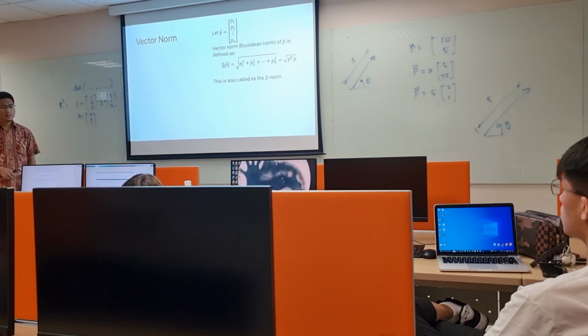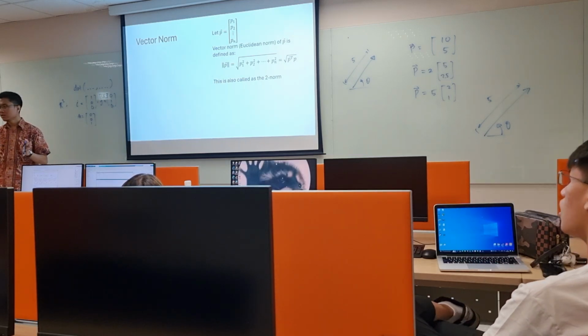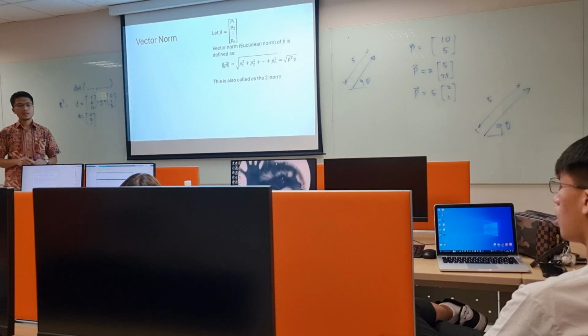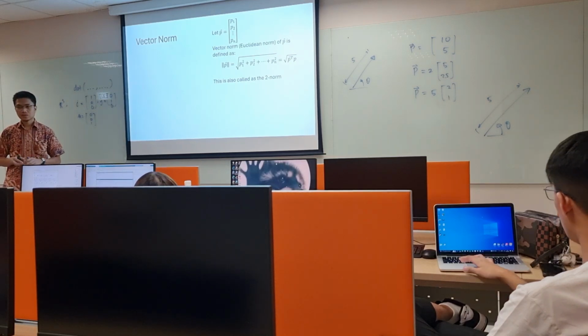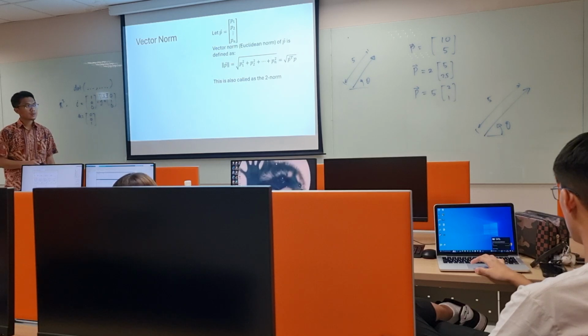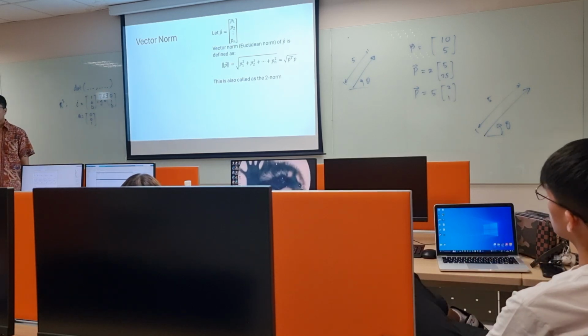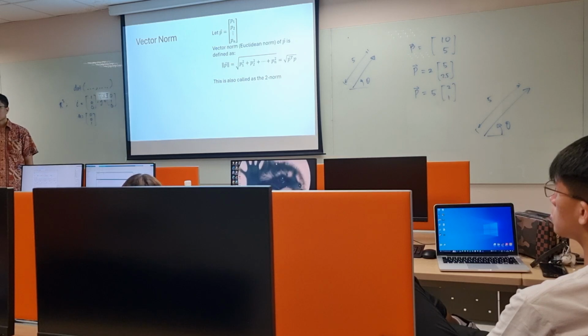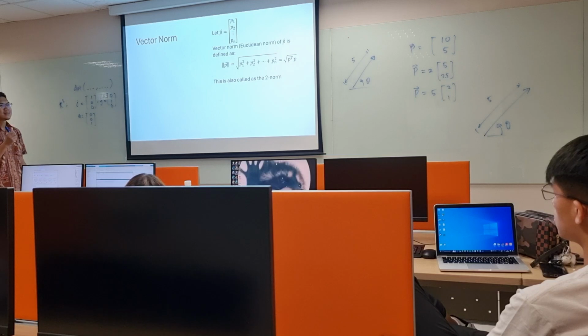Normally, if you look on the internet, it is also called the two norm. There are three kinds of norms that people use. One norm, this is the two norm, and the one norm is rarely used. The last one is the infinity norm, also rarely used. We use only the two norm. When you get the unit vector, you use the two norm. Okay, let me write that.